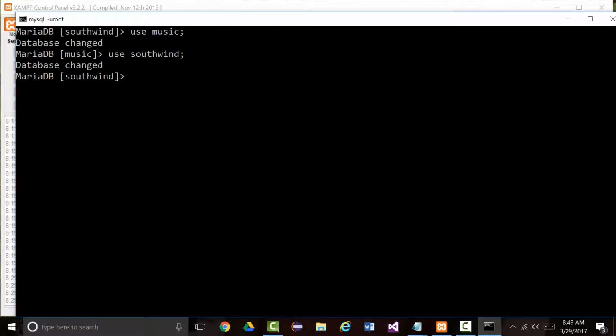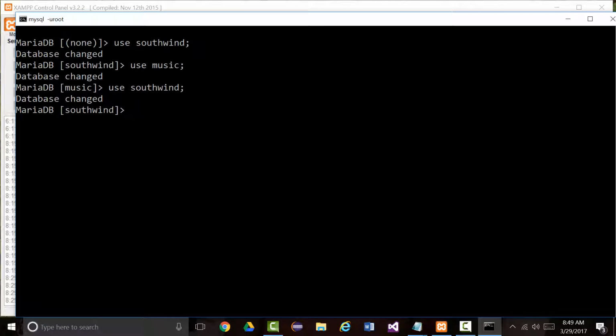One of the reasons they changed this is your prompt over here used to just be a greater than sign. And people would get confused. They'd be like, well, what database am I currently using? What database is currently active? If for some reason you really don't believe that Southwind is active, you're going to put in your first